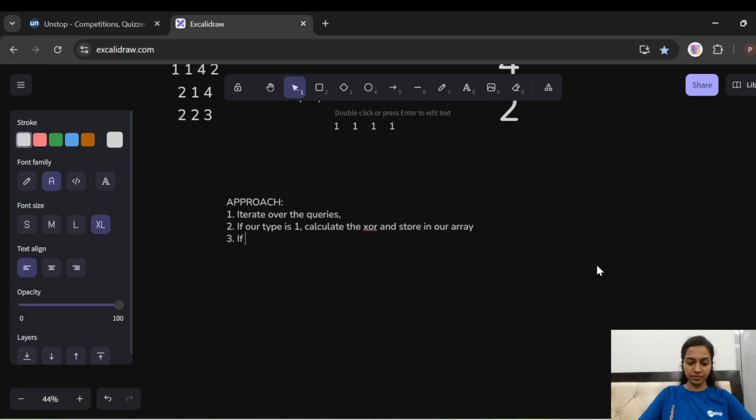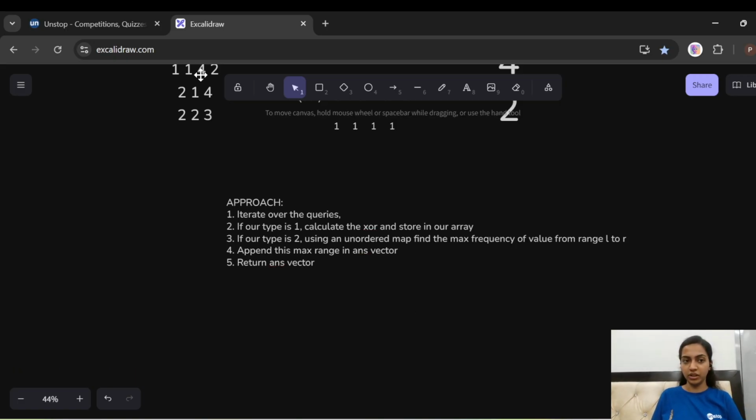And if our type is 2, then using an unordered map, find the maximum frequency of value from range L to R and append this maximum to the answer vector. At the end, just return the answer vector. So let's see the code.